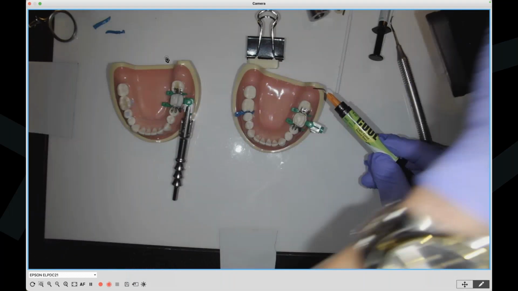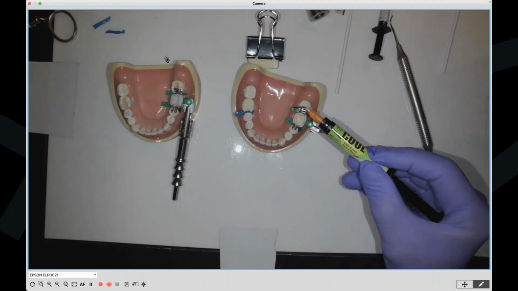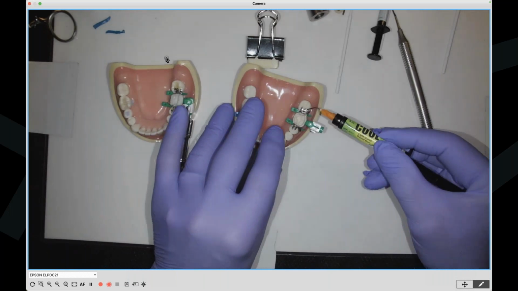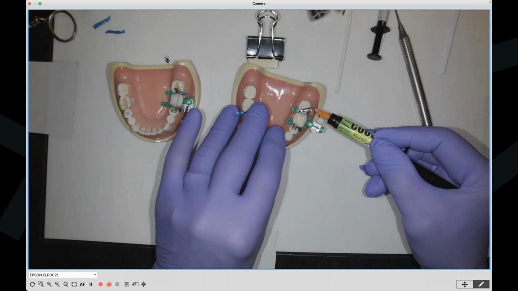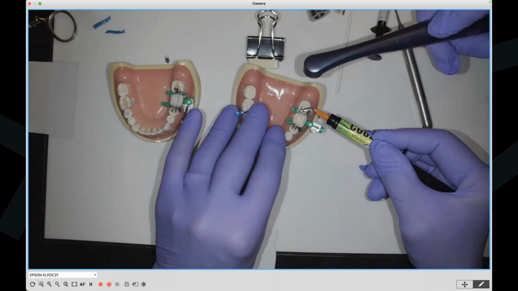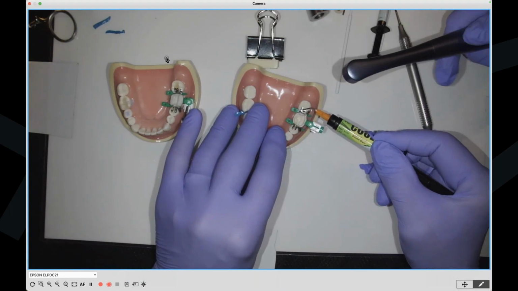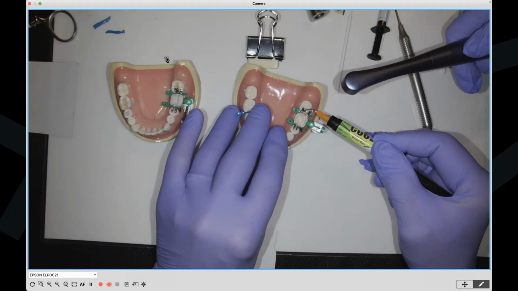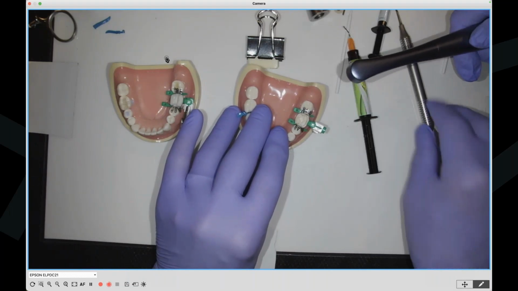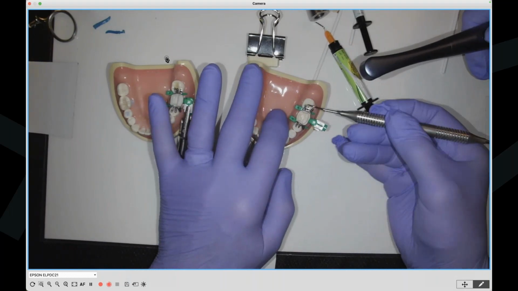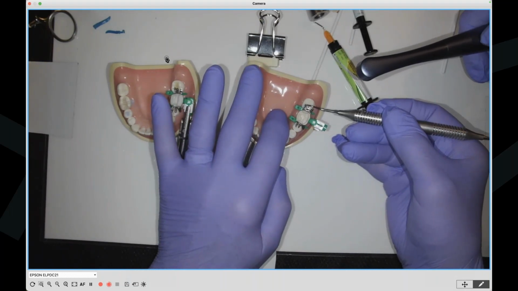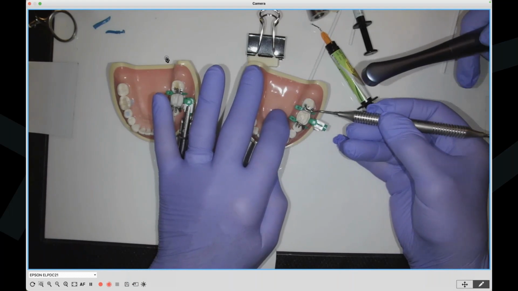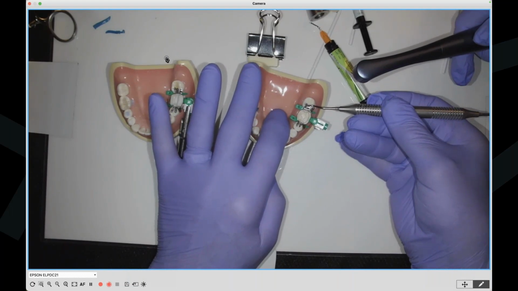Okay, now you're going to use the bonding light. That's good. You won't need this. Yeah, perfect. My assistant helping me here. So we want to just lay a little bit of this on. I'll tell you when to go. I'm going to pull it. Once I pull it, okay, light cure.